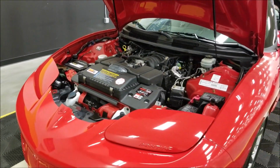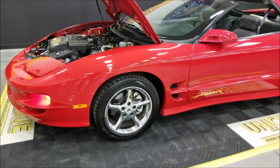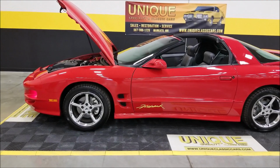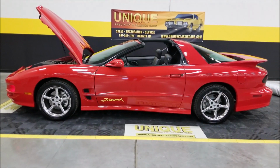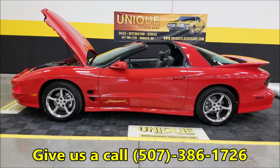So there you have it. If you're looking for a 1999 Firehawk, this is a nice one. 6-speed manual, all the goodies, chrome wheels, should say. Low mile, incredible condition. Give us a call,